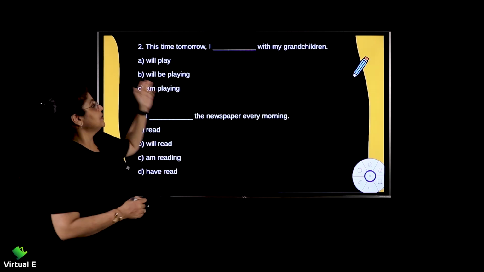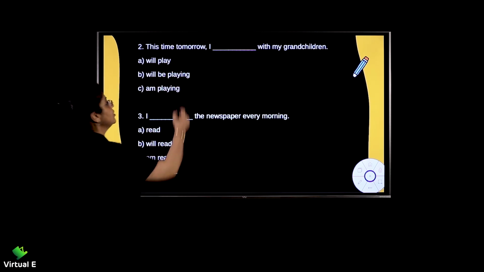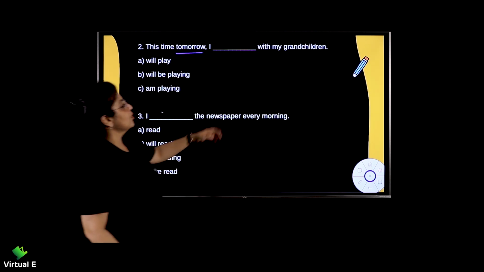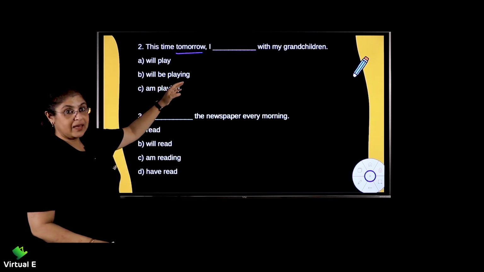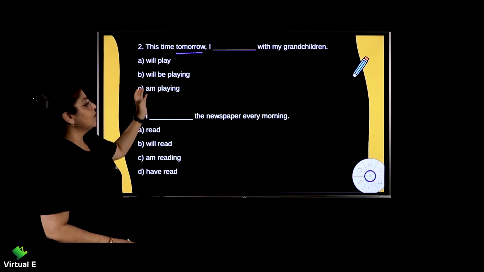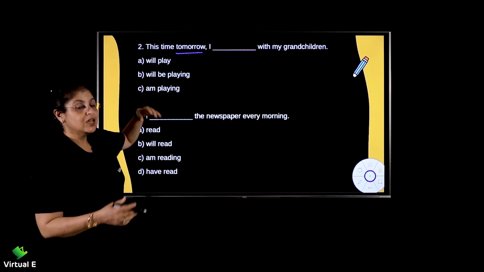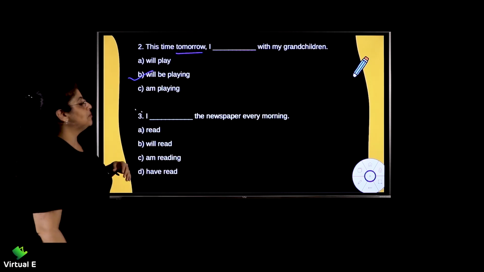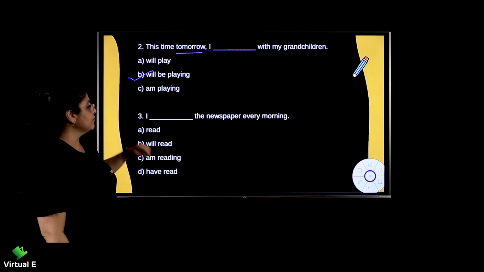The next example, this time tomorrow. Tomorrow, what does it tell you? It reminds you of the future. So this time tomorrow, I dash with my grandchildren. I will play, I will be playing, or I am playing. Now tomorrow at a certain time, right? You will be doing something. So obviously you will be playing. So I will be playing with my grandchildren. Moving further,